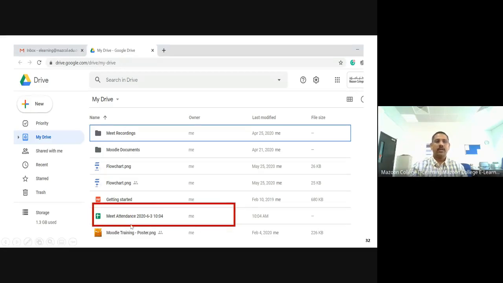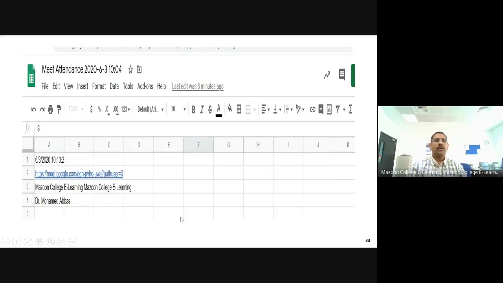See here, now one Excel file is open, meet attendance 3610. Today morning I tested one meet attendance. Now the meeting has started, and the date and time it started are shown. If you click that Excel file, the list will come one by one, and it scrolls.